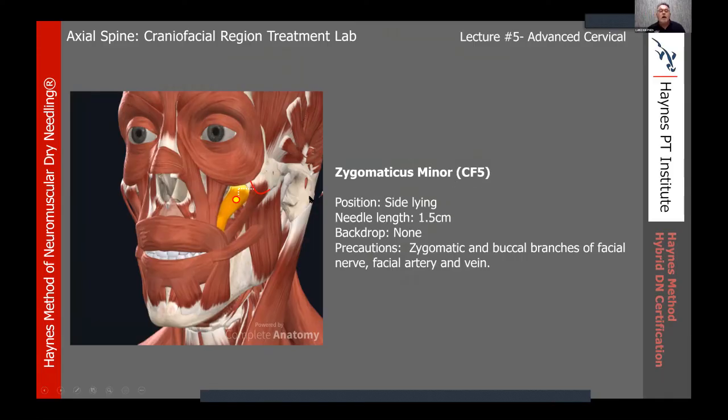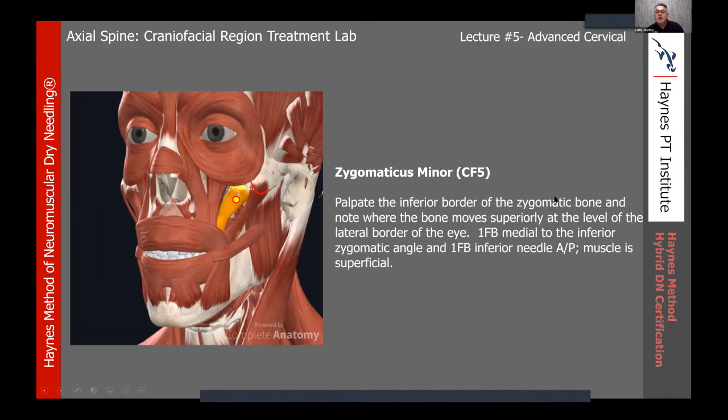Zygomaticus minor, we're going to move just 1 finger breadth more medial to land onto the zygomaticus minor. And again, it's very